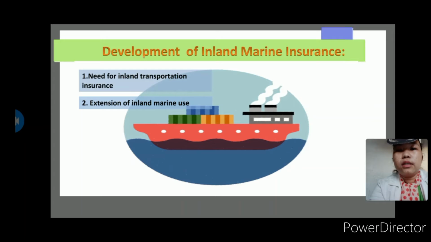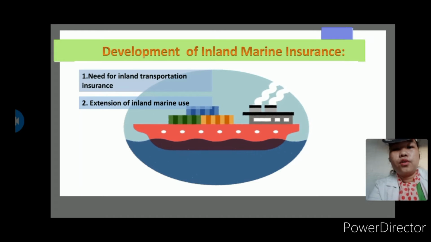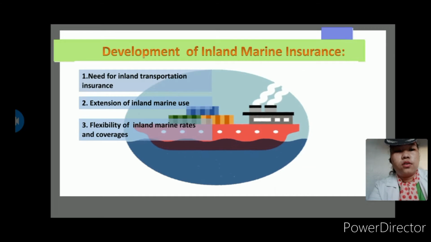New inland marine insurance protection next came to apply when the act of transportation itself became incidental to the true use of the property involved. The personal use of jewelry or furs, for instance, ordinarily involves no use of transportation agencies. Yet, an inland marine insurance form insures articles of jewelry or furs wherever they may be, even if they're kept within the home of the owner for 12 months of the year. So, the flexibility of inland marine rates and coverages.